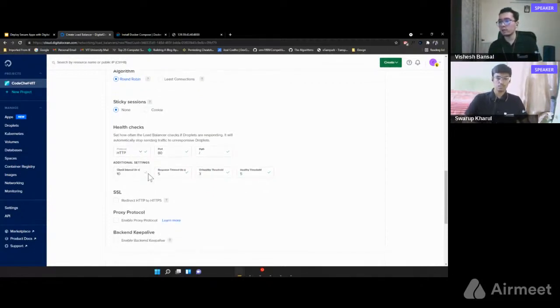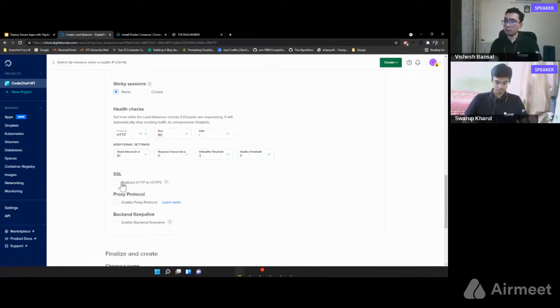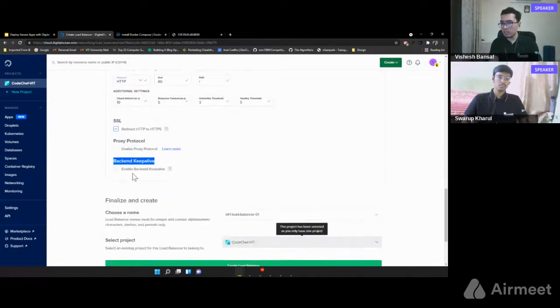So basically it defines what all the intervals are. Now we can set up SSL, which redirects HTTP to HTTPS, and we can enable the proxy protocol. Please note that the target droplets will require configuration to be compatible with accepting the proxy protocol. So basically we have to set up our proxy protocol in such a way that it follows their connections. Otherwise this won't work. And do you want to keep the backend alive or not? So let's say if there is an issue, do I want to keep that backend alive, or after the load has decreased, do I kill it? By default we don't check it, but in certain cases we do have to, so we have that option.